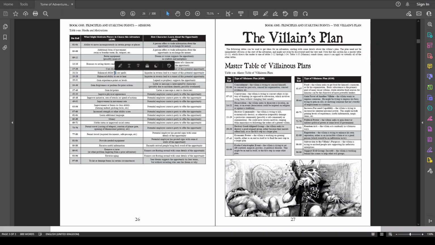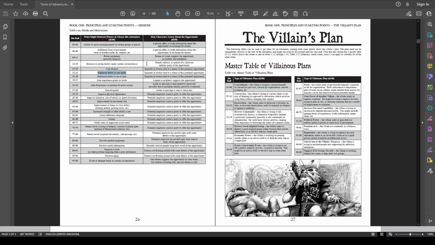So maybe we can say that exploring the flying structure can give that. So, explore a flying structure to gain enhanced ability to cast spells, and then